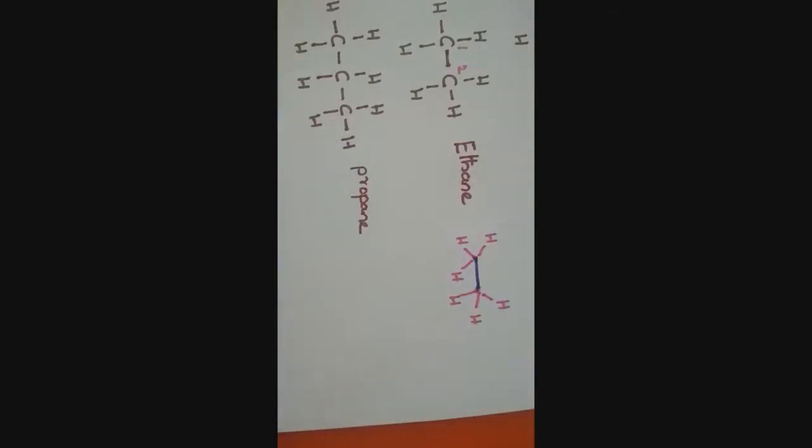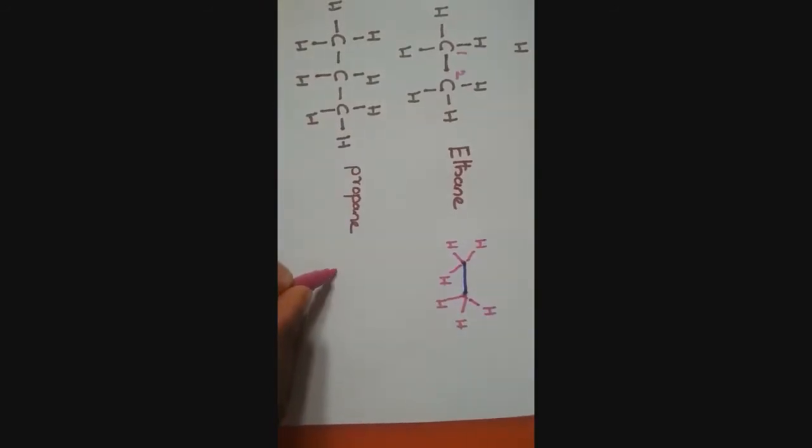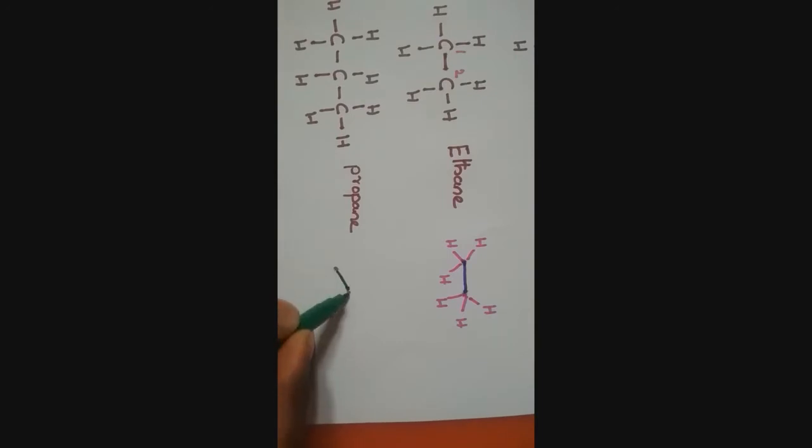Like that only, if you take propane, you can write a carbon, and connect it through a bond to 1 more carbon. This carbon is surrounded by 3 hydrogens. This middle carbon already contains 2 bonds, hence only 2 hydrogens are present, and this other carbon contains 3 hydrogens. This indicates the condensed formula of the molecule. Hence you can write methane like this, ethane like this, and propane like this.